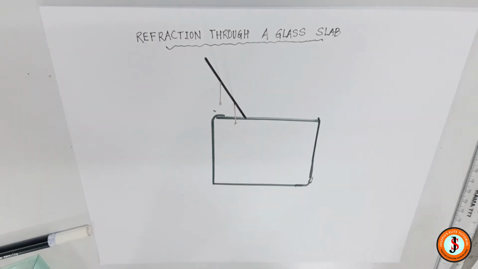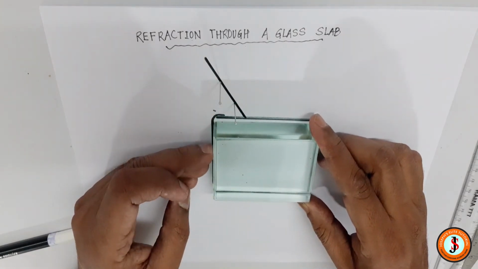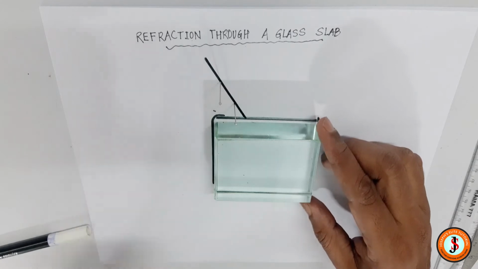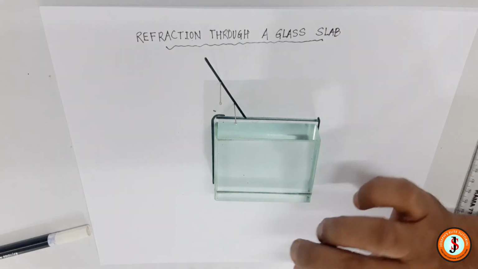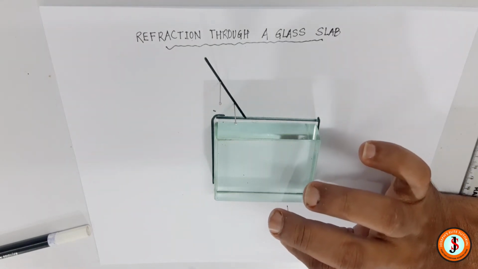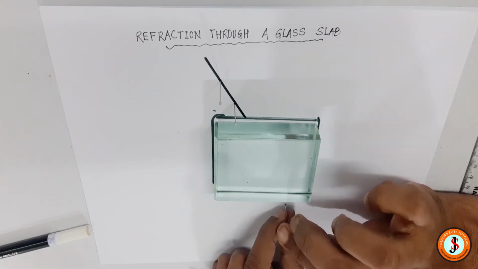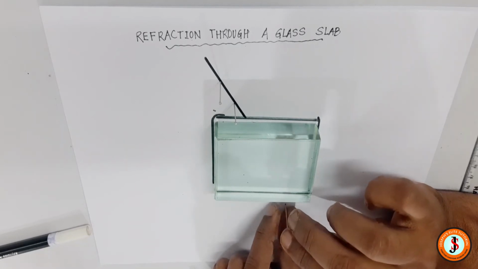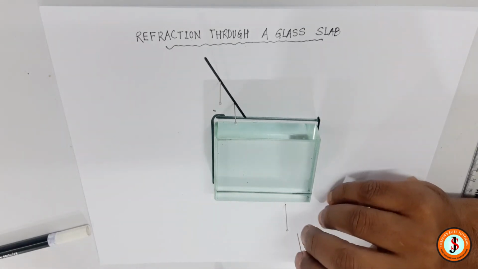Now my work will be tough because now I'll put the glass slab over here very carefully, and from this side I'll try to place a pin that is in line with those two pins. The rays are crossing through the glass slab, so I'll see through the glass slab, and I will place two pins just in line of these two pins. So I have placed one, so I have to place one from the top. For you it may be looking a little different, might be a little deviated, but for me it is in a straight line.